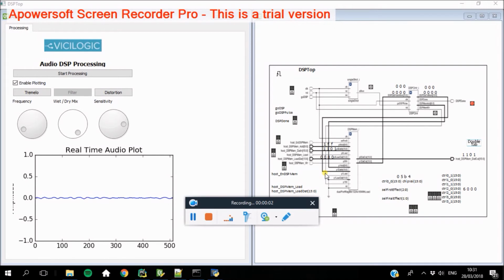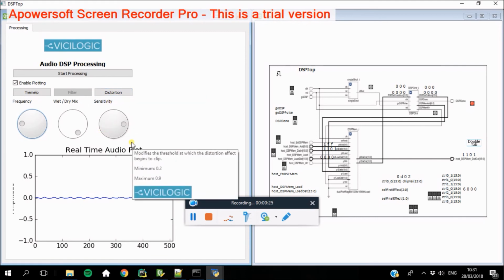So just to bring you through that again, this is the audio DSP processing GUI. Due to the poor quality of the audio sampling frequency, I'll just bring it through the effects. So the tremolo, you could see it was giving a much more stuttered effect with a changing frequency depending on the dial here. The distortion effect added a bit of fuzziness